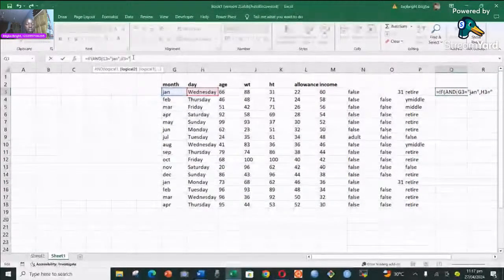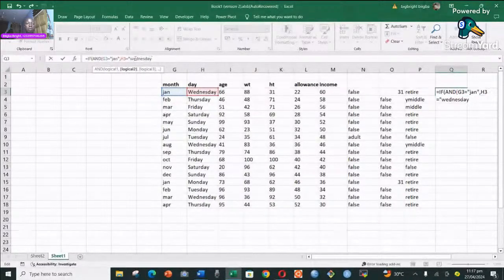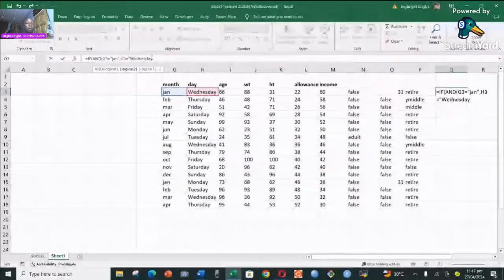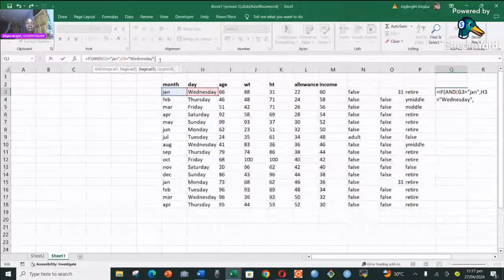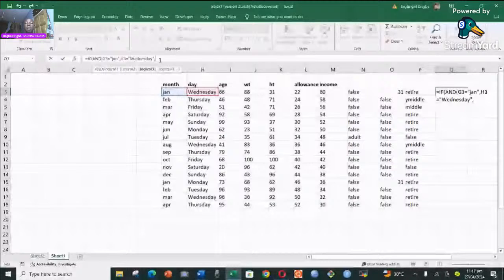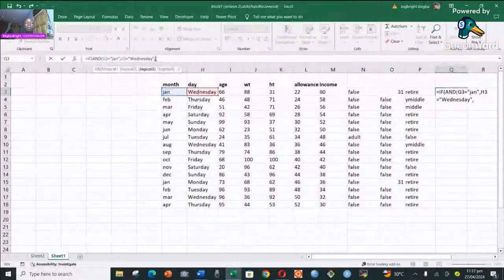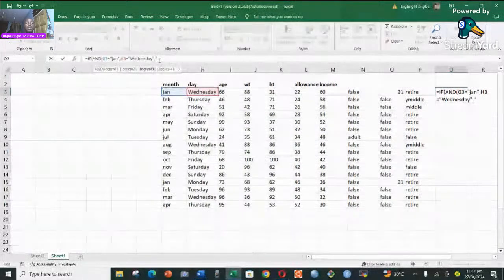So Wednesday is characters. I'm not too sure I spelled Wednesday properly because the W starts with uppercase. So if it's equal to Wednesday, we have given the two logical tests. We can continue the logical tests until all of them are satisfied. So if these two conditions are met, what should be the first condition? The first condition, maybe you want to say that